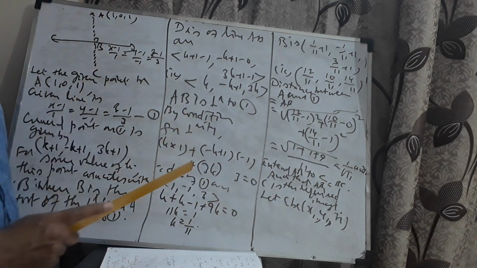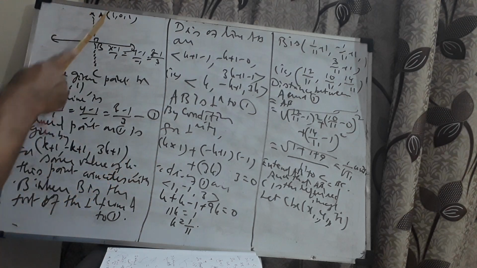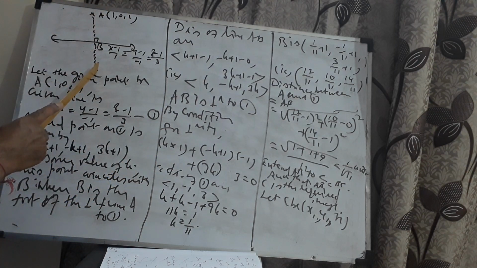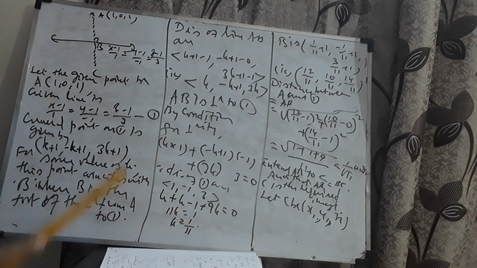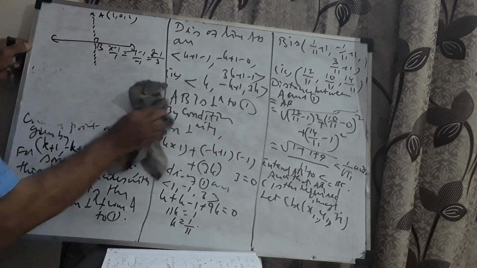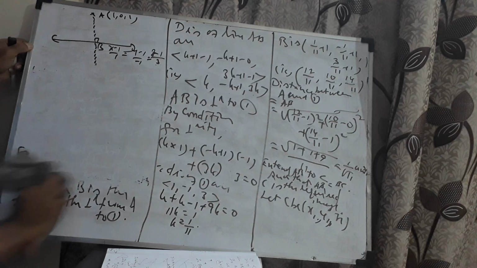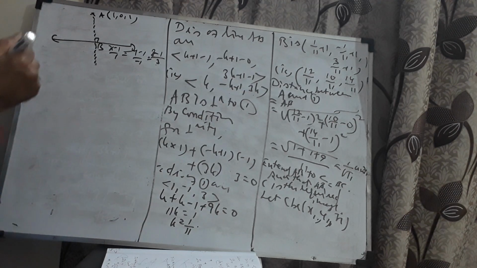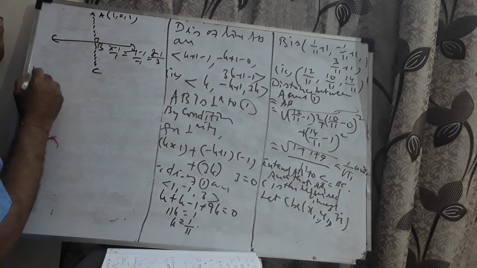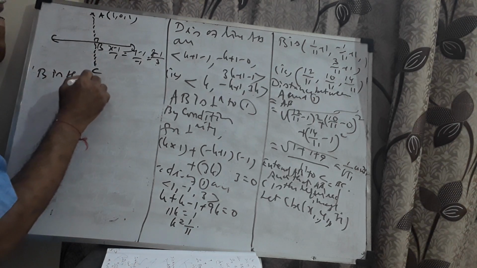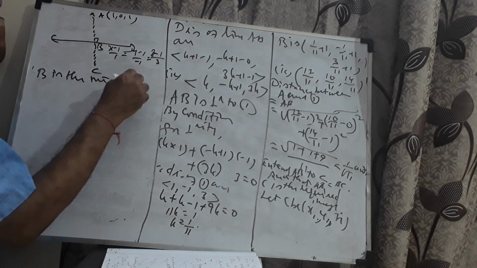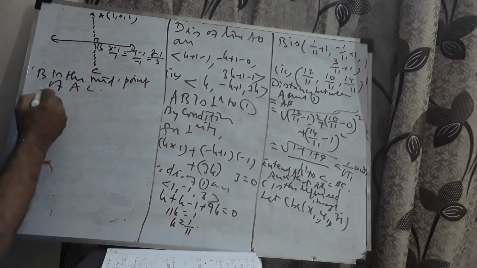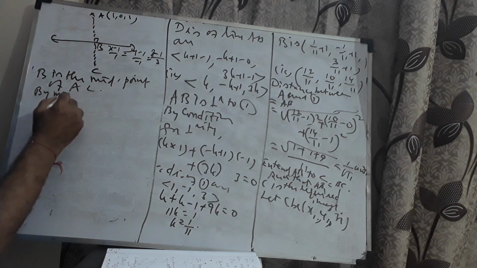Now, the real meaning of image is: extend AB to C so that AB equals BC. Okay, now C is the image. I assume C to be x1, y1, z1. I need to rub this side, then only I'll be able to proceed. Now, how to find x1, y1, z1? Just see here. This is my C. B is the midpoint of AC. Therefore, by the midpoint formula,